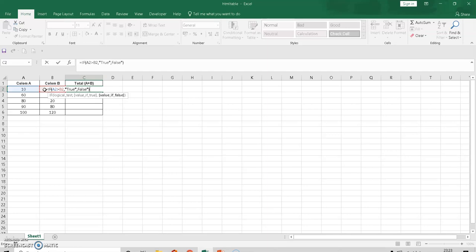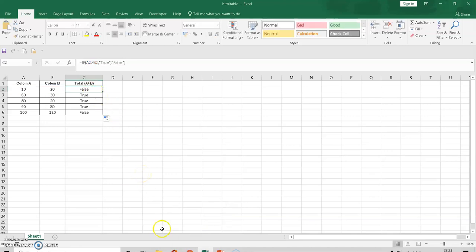This is my formula. So if A2 is greater than B2, it will return true, else false. How do we apply this formula inside Automation Anywhere?